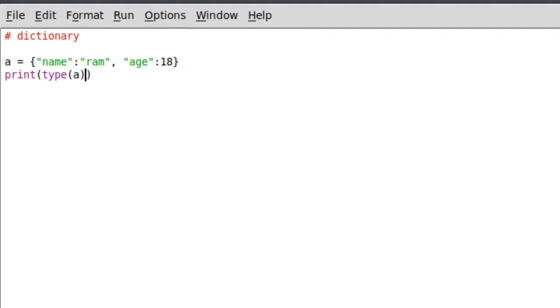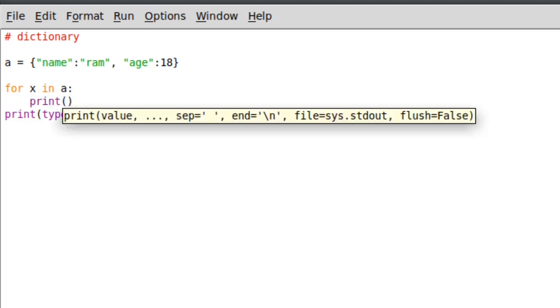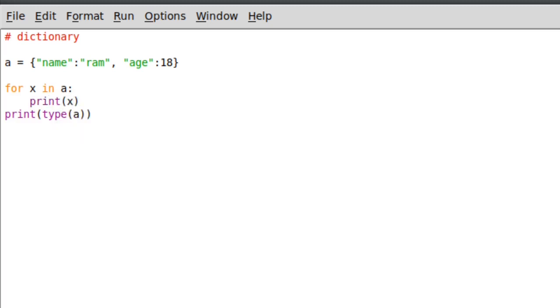Now if I want to access the keys first, I will simply write for x in A, then print x, which will give me all the keys of that dictionary.